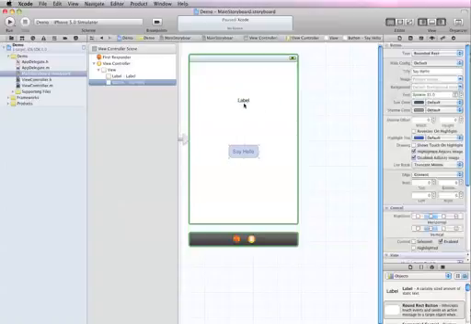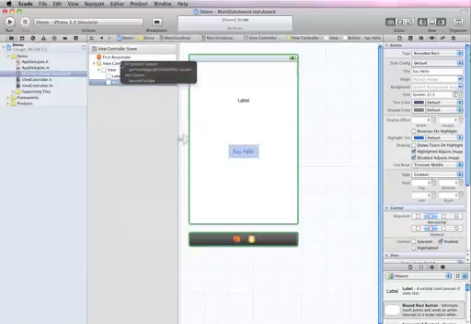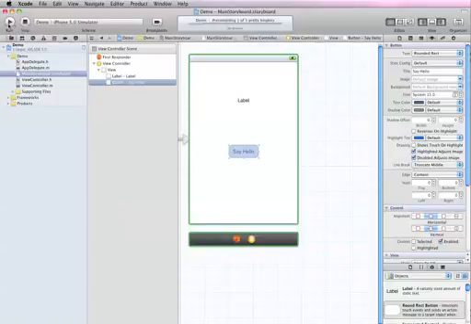So now that label is hooked up. We're also going to Control-drag from the button back to the View Controller, and we're going to hook up that action, Sent Events. And for Sent Events, the event we're interested in is buttonPressed, the IBAction we just defined. And now, when we run this application,